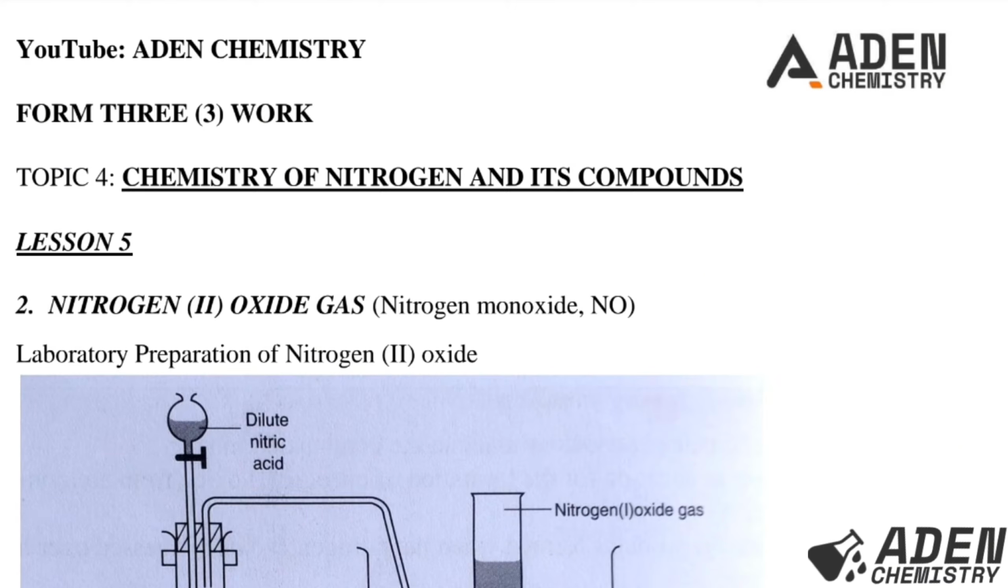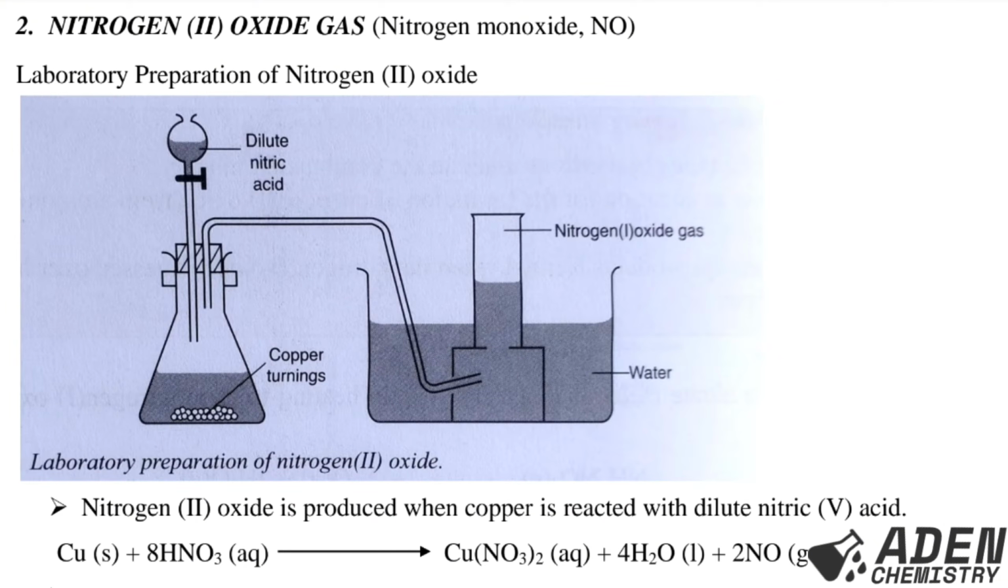Hello students, welcome. Previously, in lesson 4, form 3 topic 4, we were dealing with compounds of nitrogen, where we started with oxides of nitrogen, and specifically we were dealing with nitrogen 1 oxide, which we have said is also known as dinitrogen oxide. So today, lesson 5, we are going to go to the second oxide of nitrogen, which is nitrogen 2 oxide gas, which we have said is also known as nitrogen monoxide,